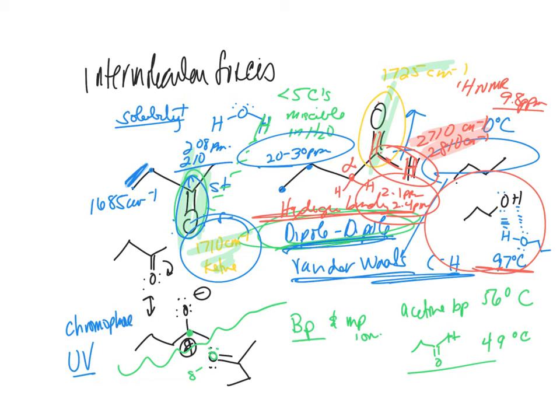Chromophore will show up in UV. And if you have conjugation, you'll have more, because conjugation is worth about 30 nanometers. But the carbonyl is a conjugated system, so you can see a little bit. And remember the HOMO-LUMO transfer. So you do have that. And what the HOMO-LUMO is transferring is this pi electron